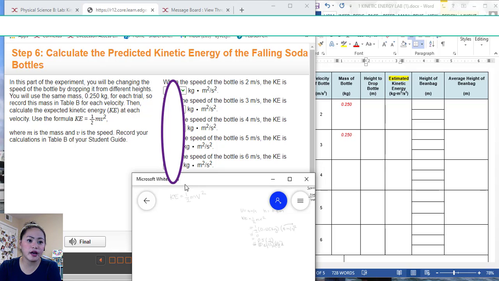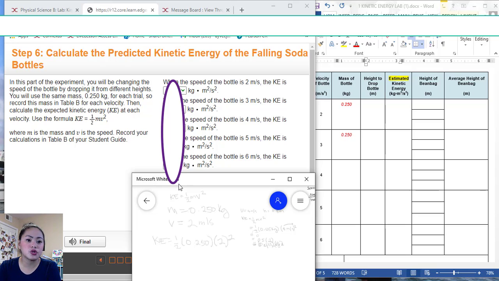The constant value that we have here is our mass, which is 0.250 kilograms. So that would be the same for all of them. And then our velocity depends on what we have here: 2, 3, 4. So let's say we are going to do the first one, which is 2 meters per second. So kinetic energy is equal to 1/2, and then our mass stays at 0.250 kilograms times